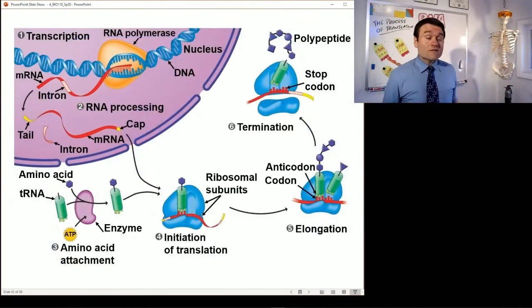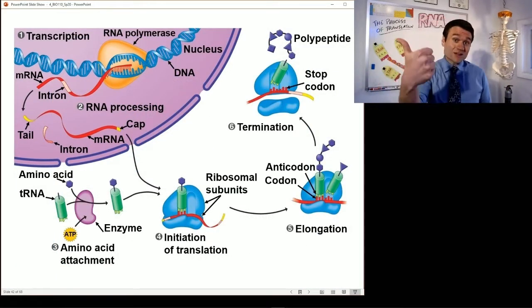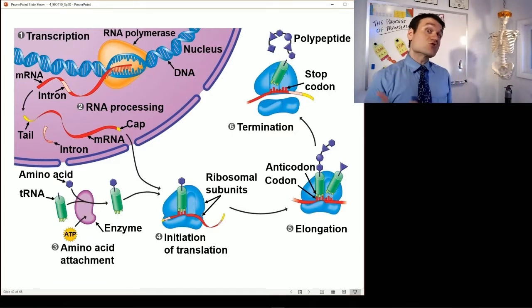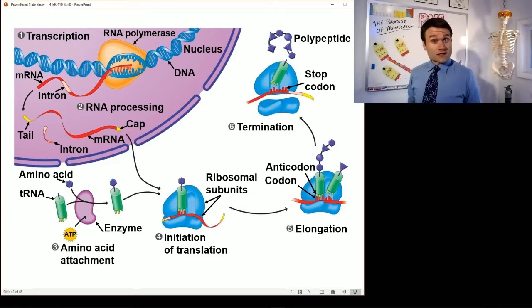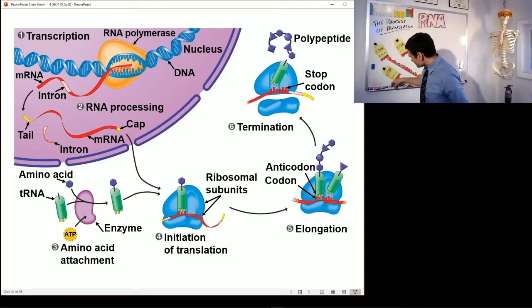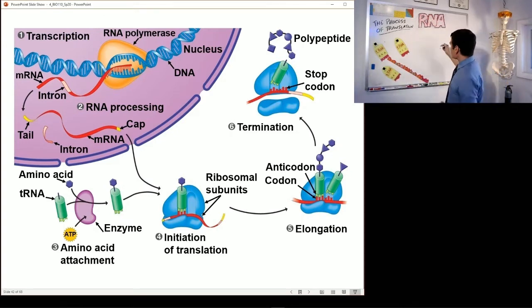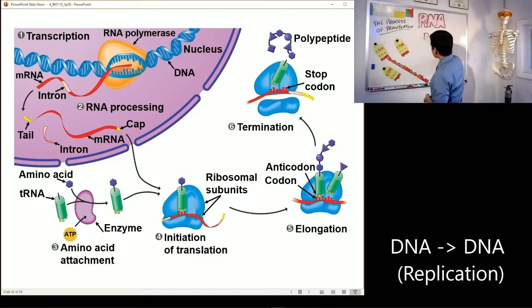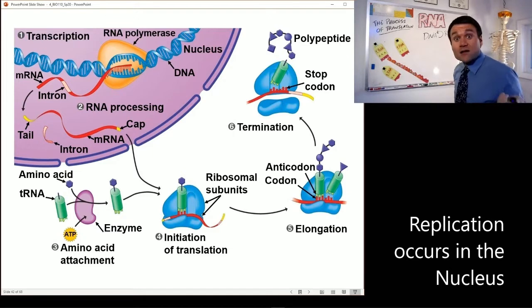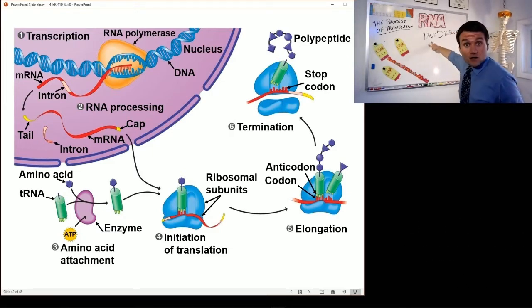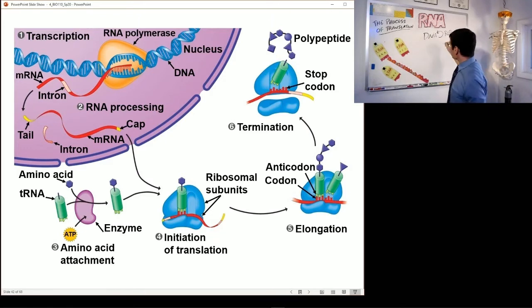So, all of these different processes we've just talked about, DNA replication, transcription, and translation, where are they occurring? Well, for DNA replication, that of course happens in the nucleus. The DNA is not allowed to leave the nucleus. Remember the central dogma. When you're trying to remember this stuff, remember the central dogma. When you use DNA to make more DNA, that's called replication. Since DNA is not allowed to leave the nucleus, any process that involves DNA must take place in the nucleus. So that's true of replication, but also transcription.